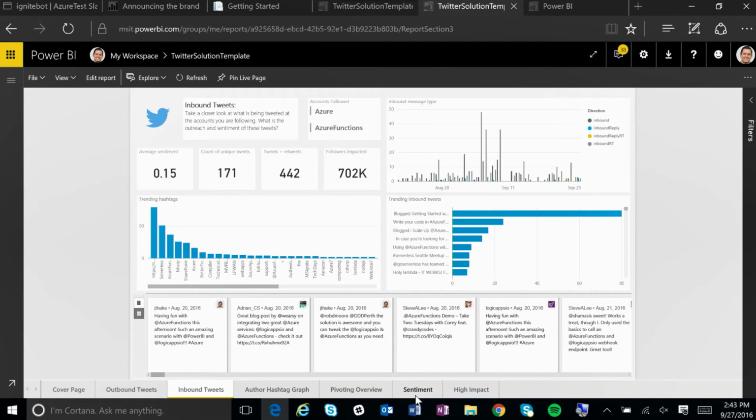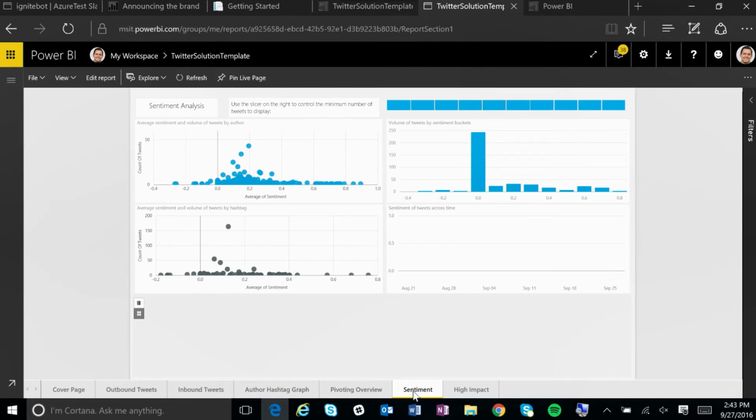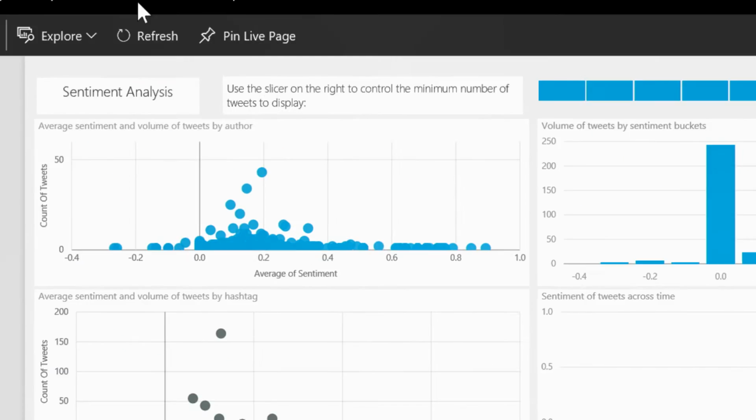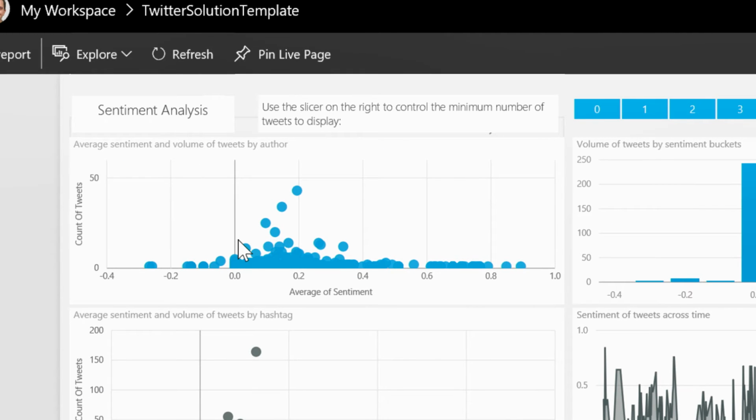Now, in addition to this, if I just zoom back out again, you can even do things such as, if I click on the sentiment tab here, it'll start loading the sentiment over time. So maybe you've released a campaign and you want on an hourly or minute basis to understand what the sentiment is and how it's tracked over time. You can start to see whether your campaigns are making an impact and show those kind of Power dashboards to your management to show, look, we've done this new campaign, we've had this blog post out, and this is the kind of traffic that we've got.